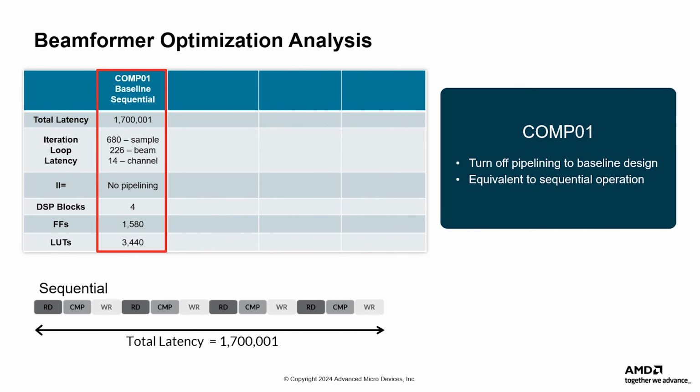Before optimizing, it's helpful to establish a baseline performance. We can verify functionality with a functional simulation and assess the initial performance to gauge the optimization potential. By default, Vitis HLS applies optimizations for a balance of performance and resource utilization. To disable all optimizations before C-synthesis, turn off the HLS pipeline pragma for loops L1, L2, and L3. This will result in sequential operation, providing the total latency as shown here.